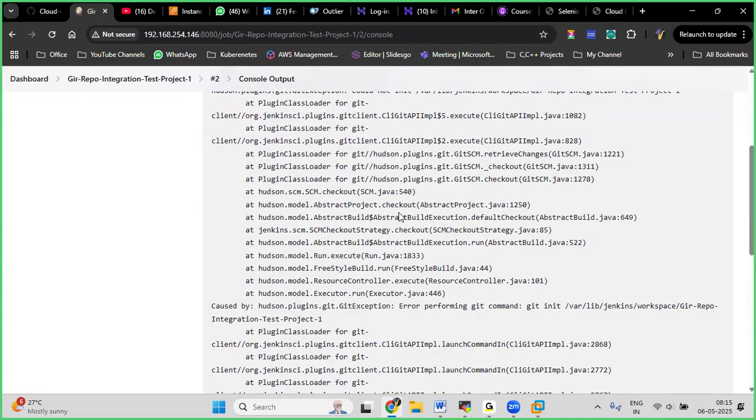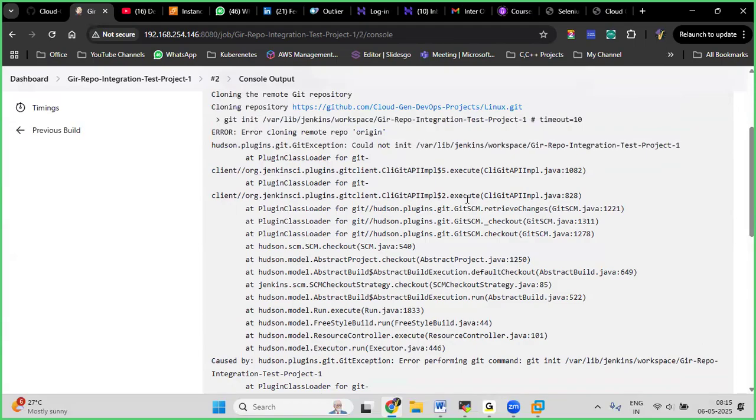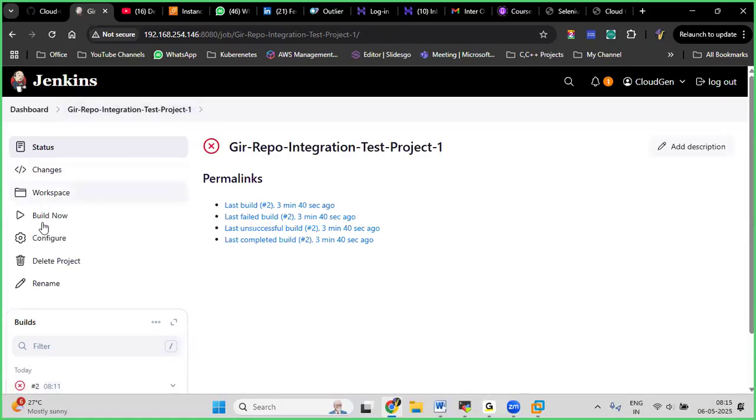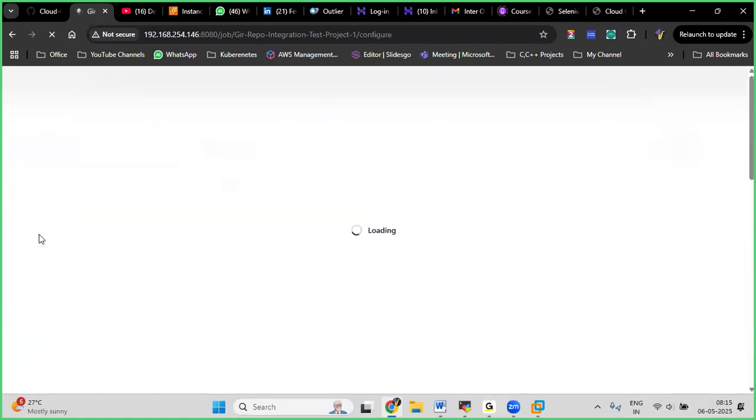Note this point also. See guys, this is Java related, and this Java program is throwing these errors. Okay guys, now we are resolving this issue. How can we resolve this issue? Note this point, when we get this kind of issue while configuring a job,